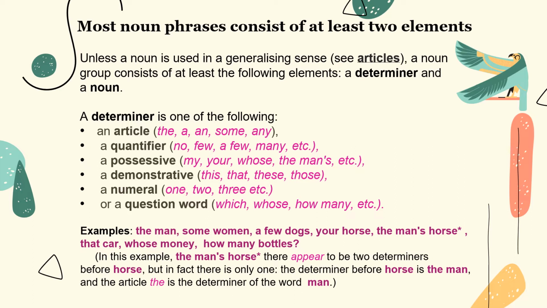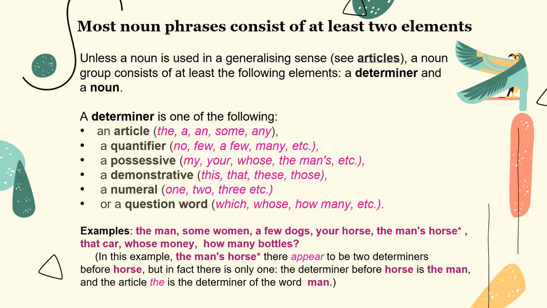And then a possessive, for example, my, your, whose, the man's, etc. And a demonstrative, for example, this, that, these, those. And also a numeral, for example, 1, 2, 3, and so on. And the last one, a question word, for example, which, whose, how many, etc. Here are examples: the man, some women, a few dogs, your horse, the man's horse, that car, whose money, how